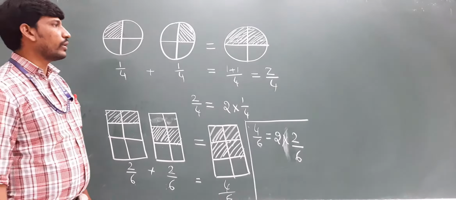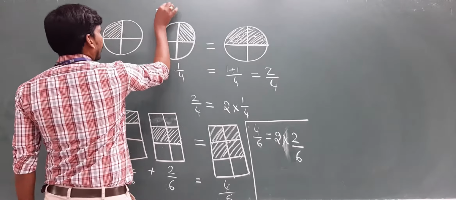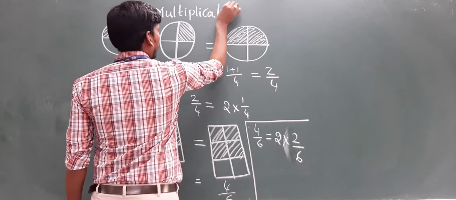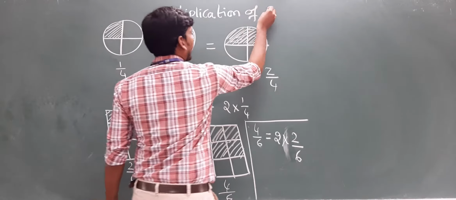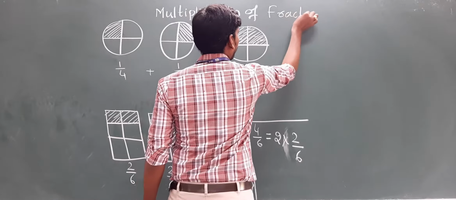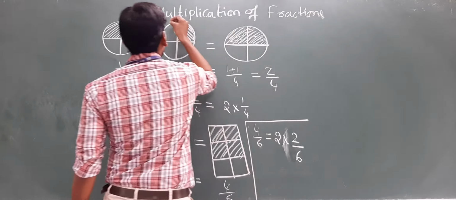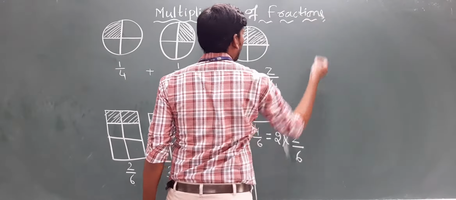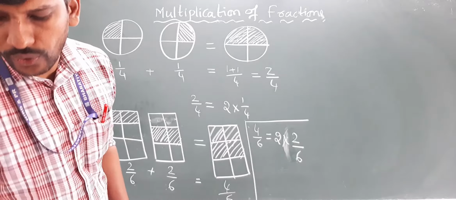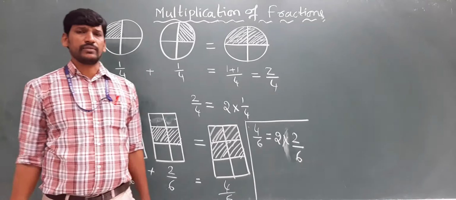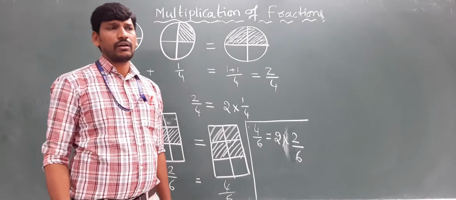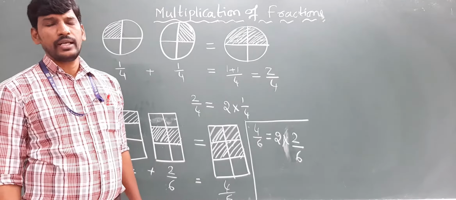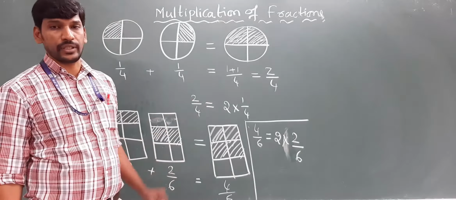So today we are going to discuss multiplication of fractions. Clear everyone? By using addition also we can find it out, but instead of addition we can multiply. In general you know that 3 twos are 6. If you add 3 two times or 2 three times, you will get the same answer. Instead of adding, we are doing multiplication here.